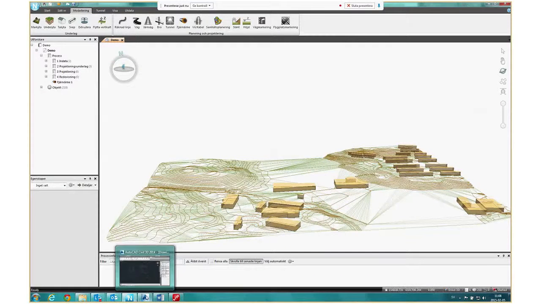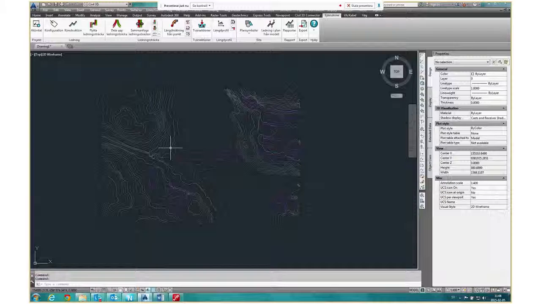Do you understand what I just said? How the activity works between AutoCAD and Novapoint? Yes, thank you. Yeah, okay. So